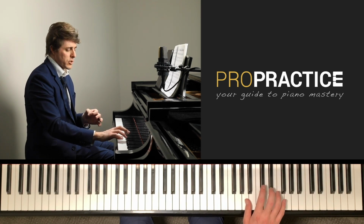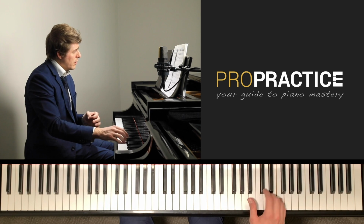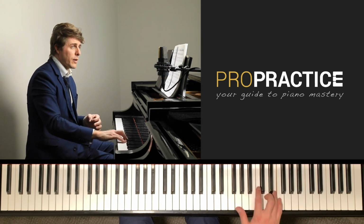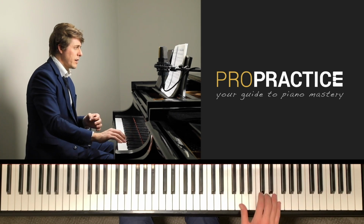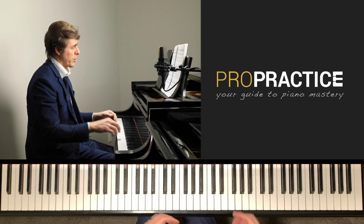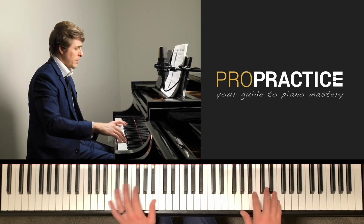So a lot of students will just try to play it in their fingers and go, and end up accenting it. If you have a little bit of this arm motion as well, and coming up and around and down to that thumb, it not only helps the shape, but it also helps you have more control over the notes. Okay, now here,